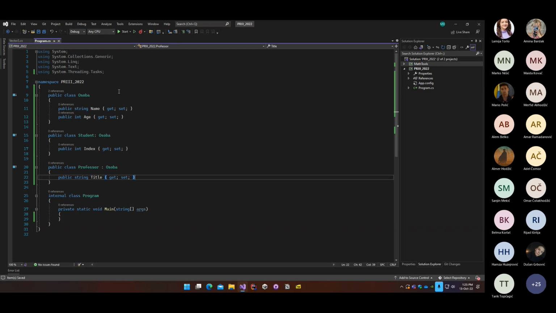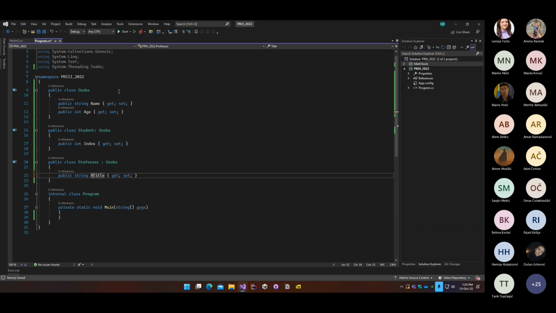What exactly is his title? The academic title, let's call it that way. The academic title can be another type, but we will not discuss the software design here. We are just doing the basic stuff,